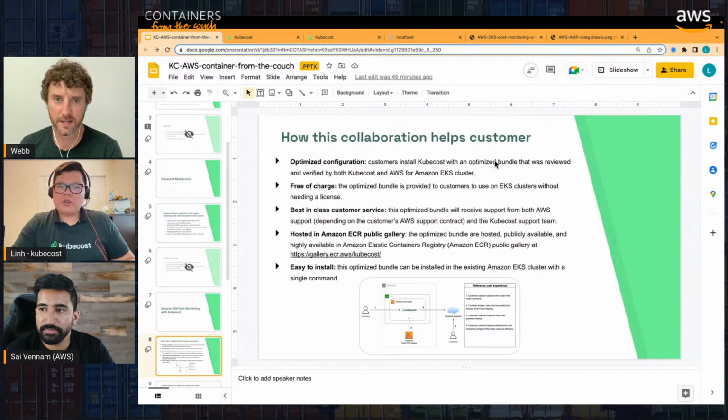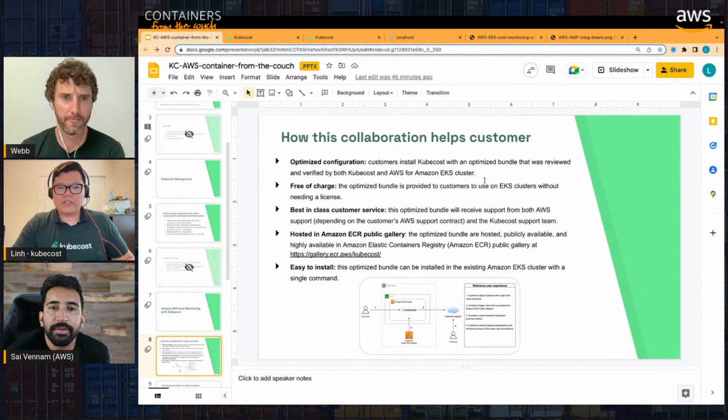So with this collaboration, we deliver an optimized bundle that is built specifically for Amazon EKS clusters. It has been tested and verified by both the Kubecost and Amazon EKS teams. And we provide this optimized bundle for free to the customer to install on their EKS cluster. By using this optimized bundle, you will receive the best-in-class customer service from both the AWS support team and the Kubecost